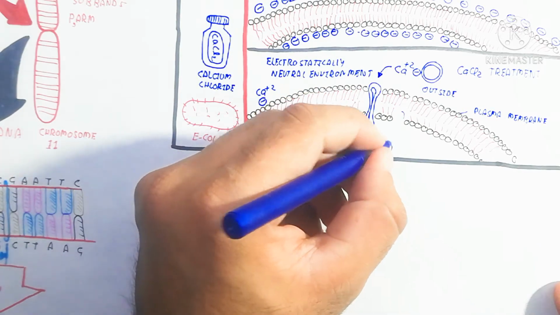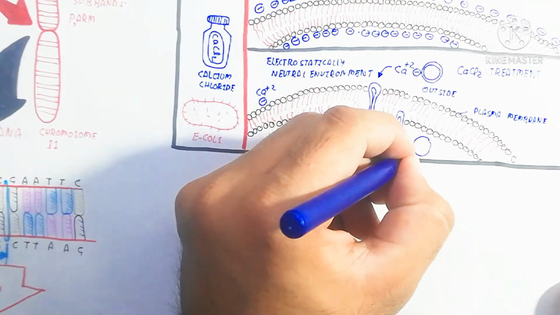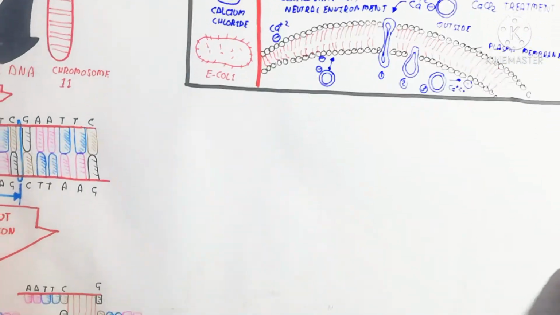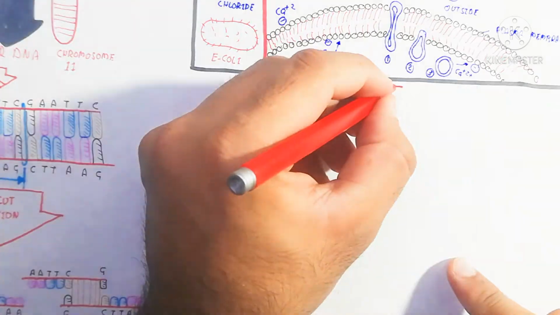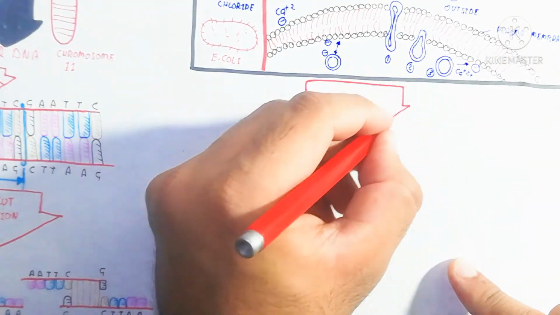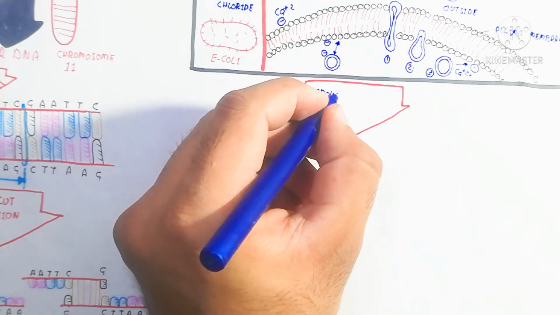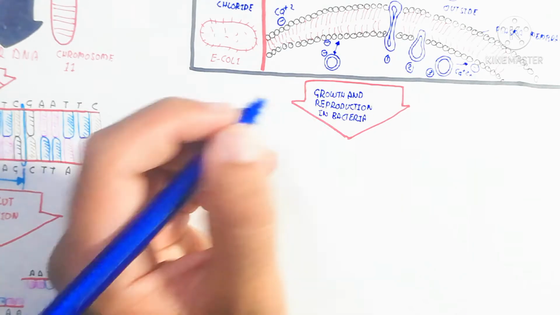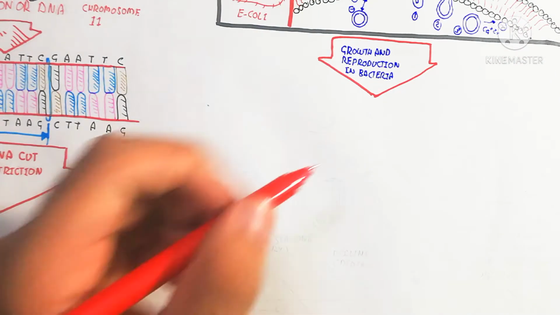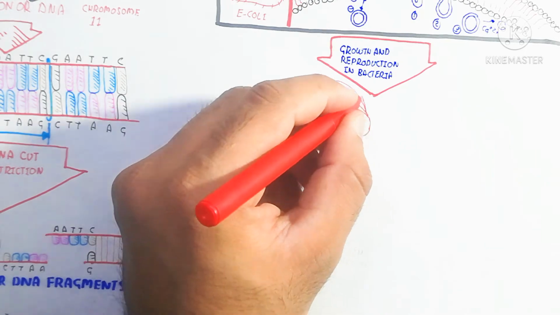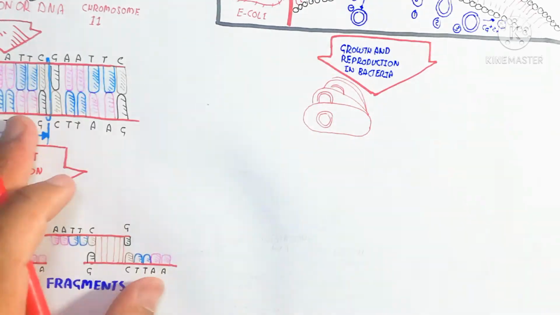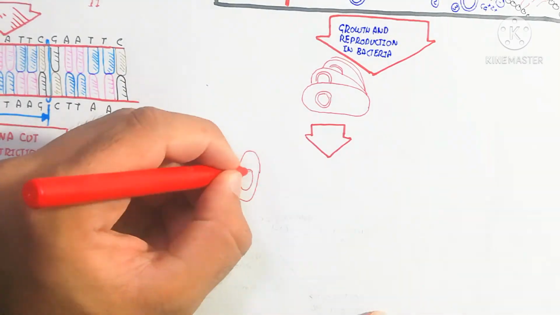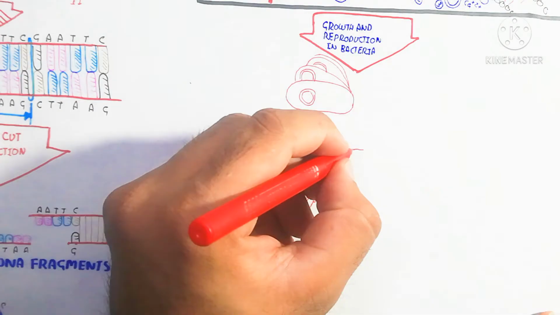So inside is negative. It means the positive charge will be attracted to the negative, which means the movement of the plasmid from the outside environment to the inside. So the plasmid will be moved inside. Why? Because the negative charge is inside, while the outer region, including the plasmid as well as the upper layer of phospholipids of the plasma membrane, contains a positive charge. Let's look at numbers 1, 2, 3, which show the process of moving the plasmid inside through the attraction of negative charge by the positive charge already present.